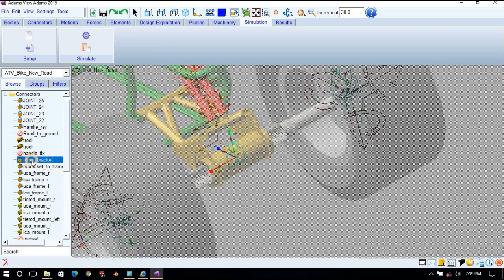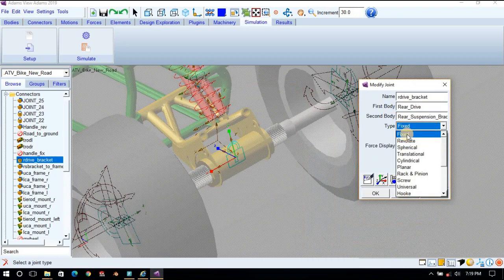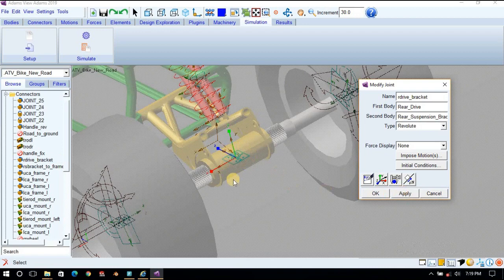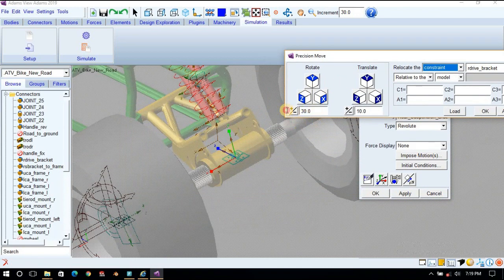So we will make this joint a revolute. Modify, type is revolute, apply. Its orientation should be along the axis of the shaft. So go to this tab, change position. Here rotate through, let's say, 90 degrees, and the axis should be this y axis.